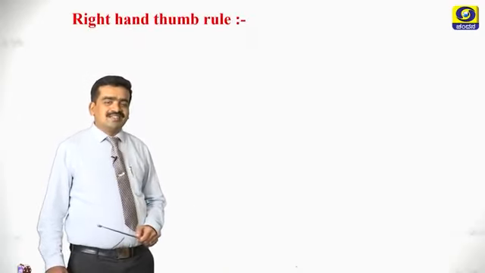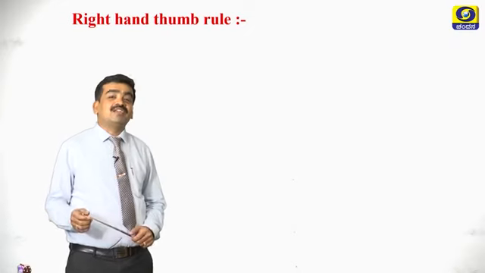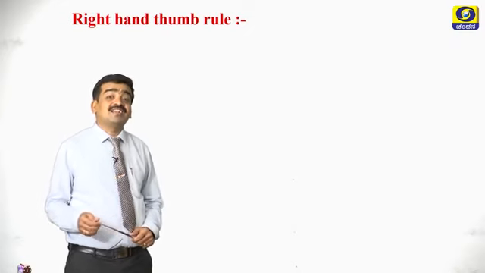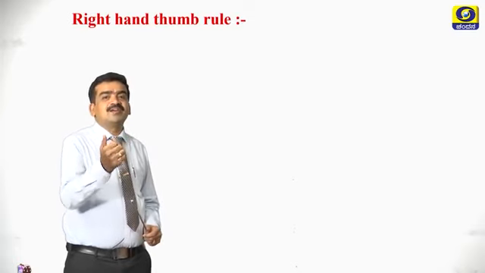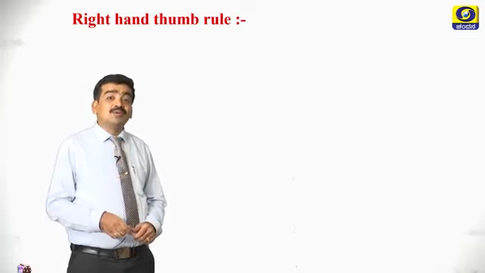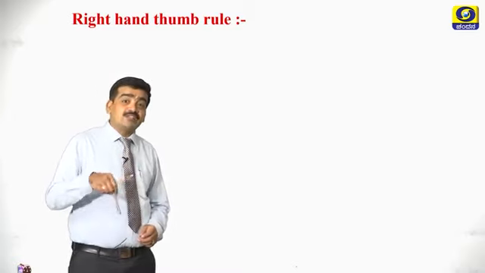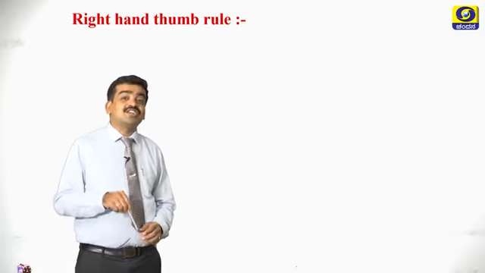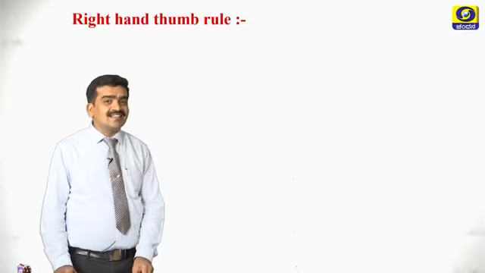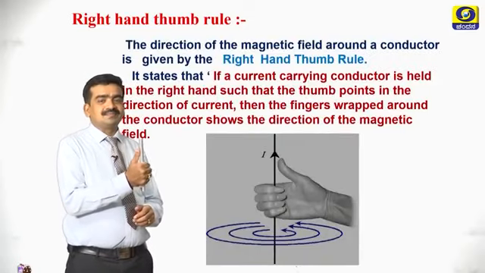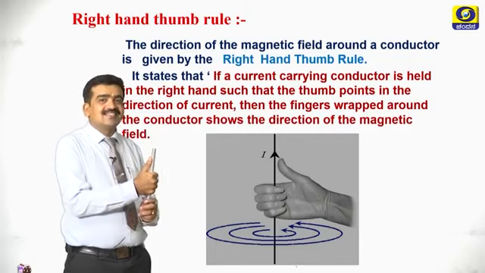My next question is, how do you identify the direction of the magnetic field lines around a straight conductor carrying current? It is easy with the help of the right hand thumb rule. The right hand thumb rule helps us to identify the direction of the magnetic field lines around a straight conductor carrying current. What it says, so when we hold a current carrying conductor in our right hand like this,